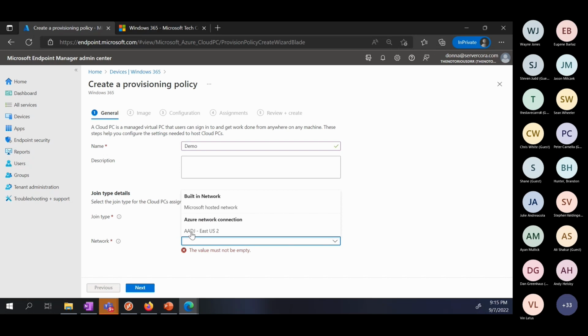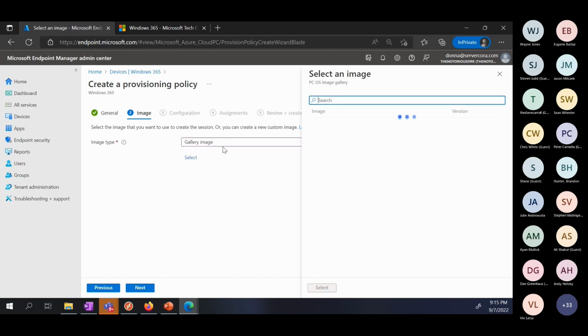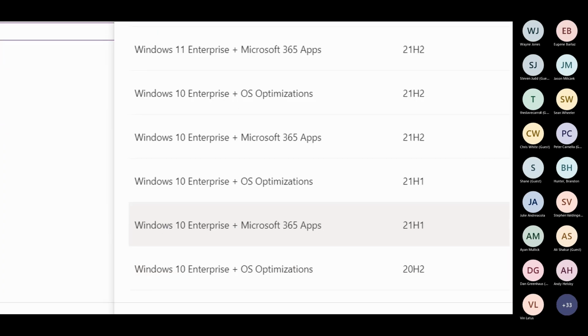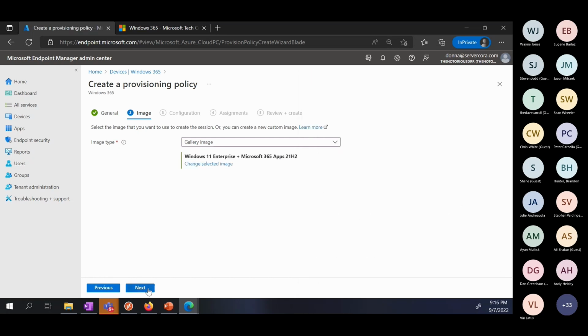I'm going to do Azure AD because, why not? I mean, it's six one, half dozen the other. All right, image. I'll use a gallery image. And we can see over here that we have options. And so I'll go ahead and take, why not, Windows 11 with Microsoft 365 apps. I don't care. It's Office, and it will always be Office. Marketing clearly didn't ask my opinion. But pick your image. That's ready to go.